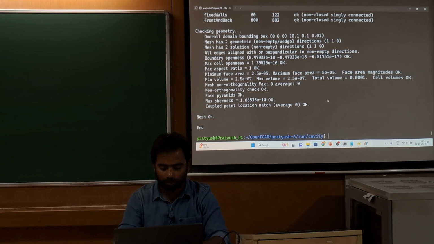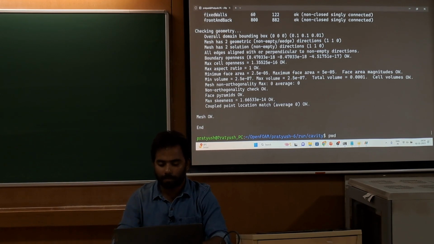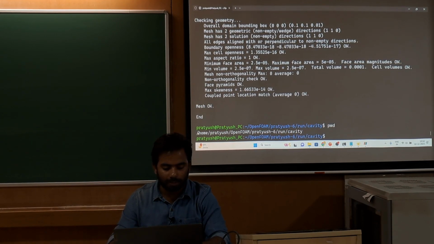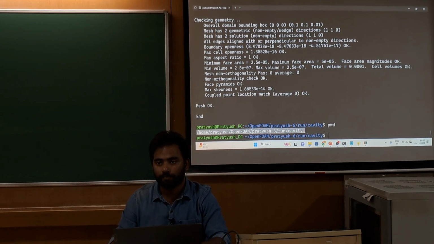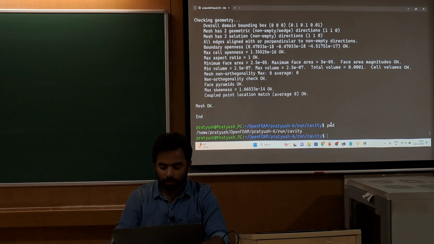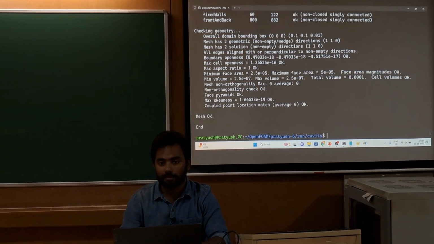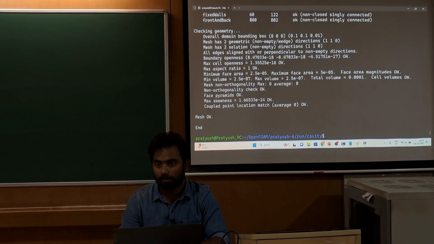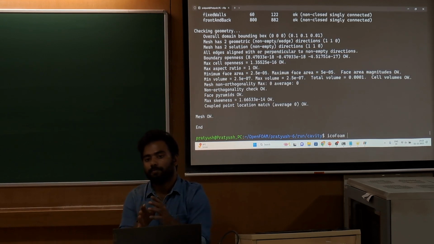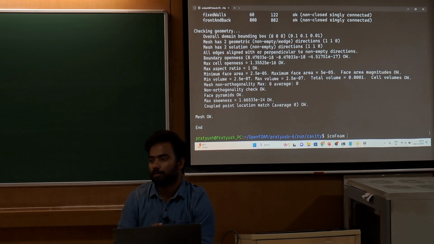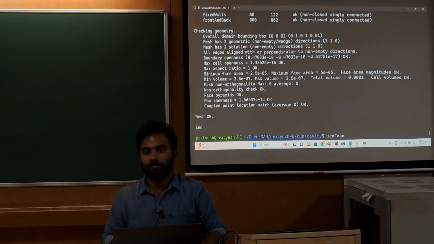While typing blockMesh, your location should be home, run, and cavity. You can check the mesh using checkMesh, and you can type the solver name icoFoam and just enter.